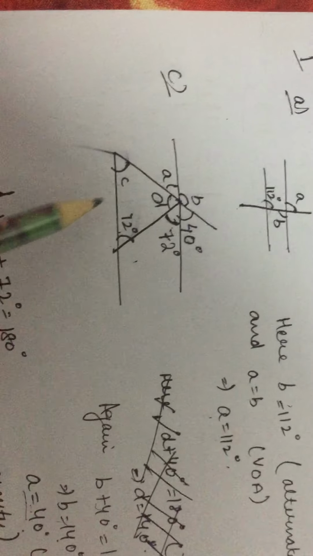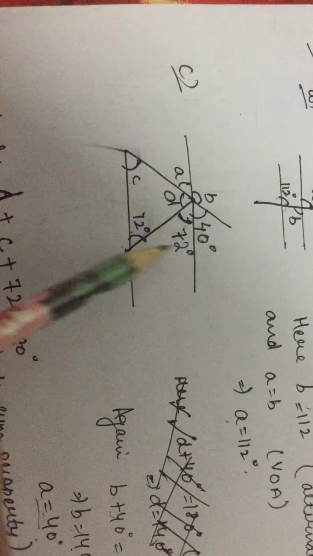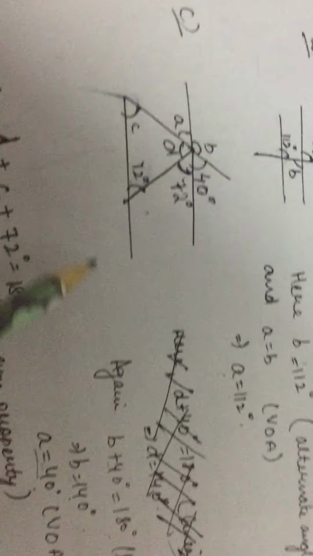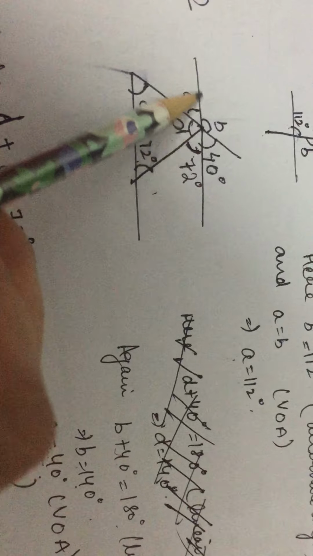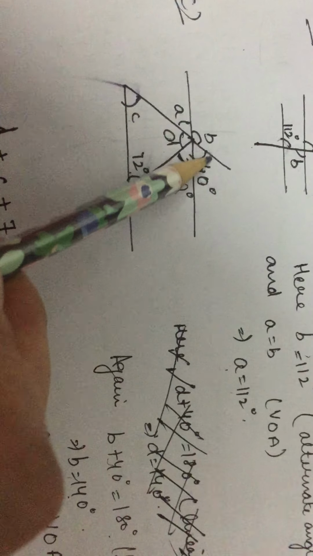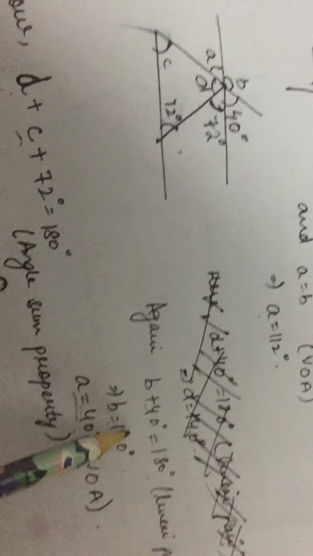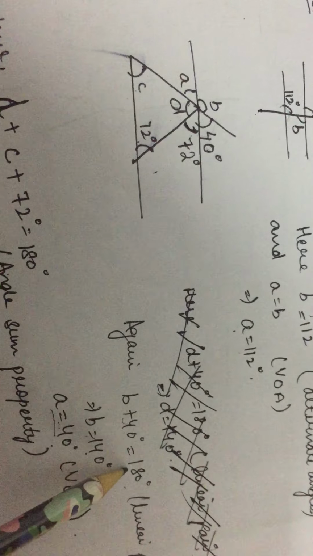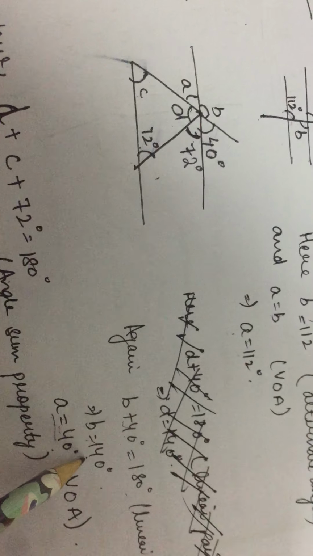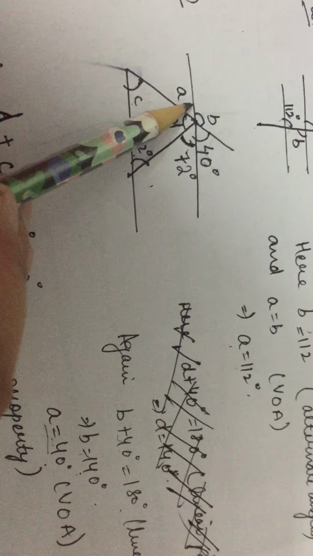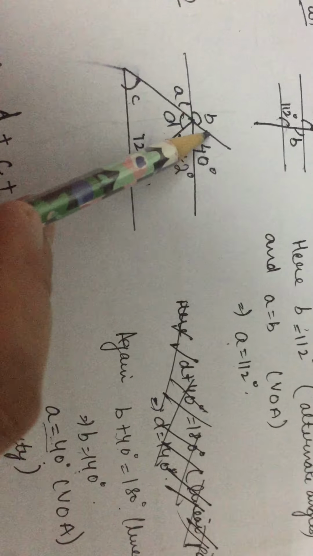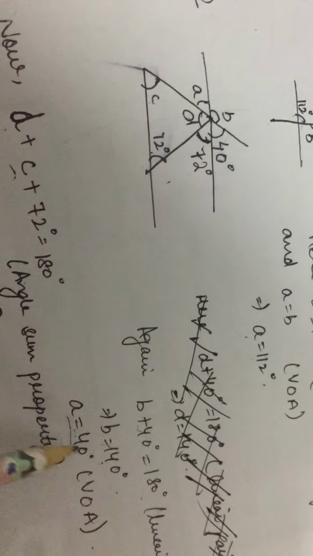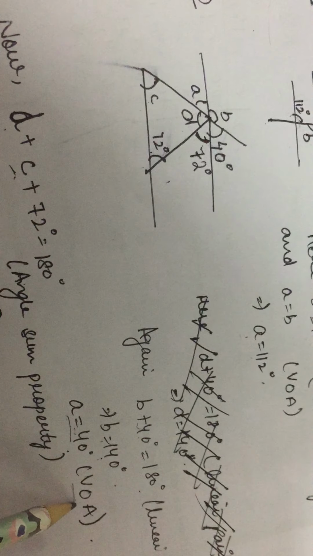C part of this question is we have a triangle and the angles are given to you. You have to find A, B, C and D. Now see, this is a straight line, so B plus 40 will form a linear pair. So B plus 40 is 180 degree. Mention the reason, because of linear pair. So B is 180 minus 40, that is 140 degree. Next, A and this 40 are making a pair of vertically opposite angles. So A is equals to 40 degree, vertically opposite angles.